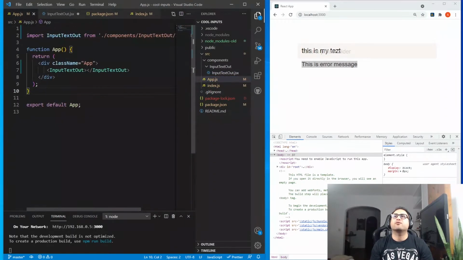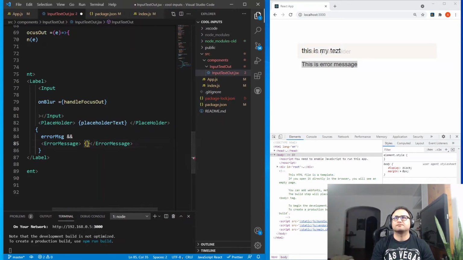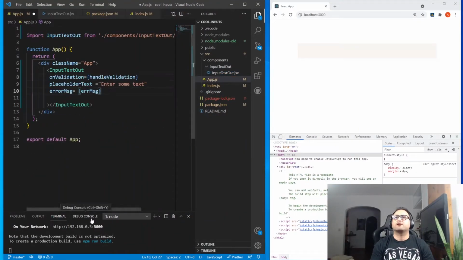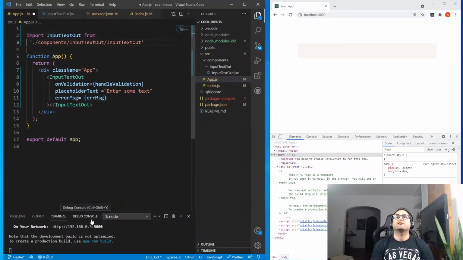So let's go ahead over here and say use the placeholder text, and for this we use the error message. Is it compiling? Yes. Let's go to app.js. What am I saying? So input parameters for on validation: enter some text and error messages. These are the three input validation which we have decided. I will handle the handle validation first. Let's go ahead here and then say